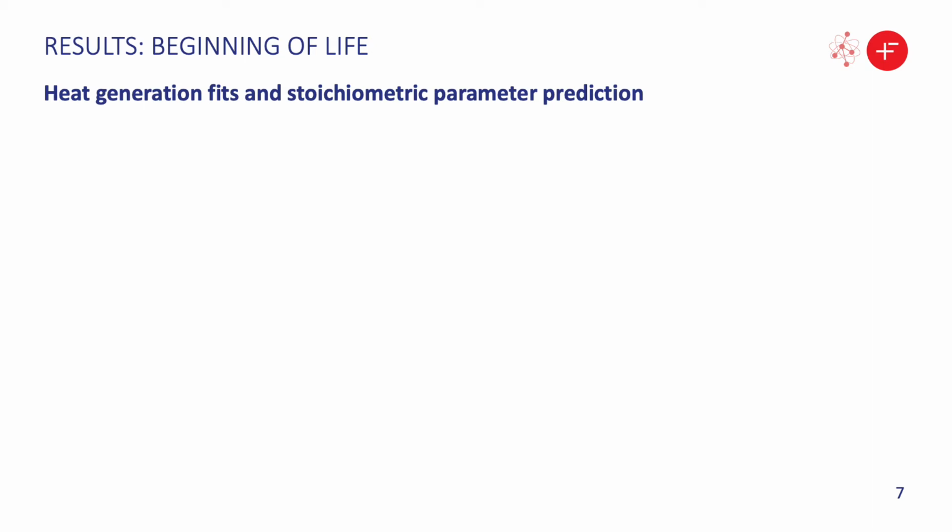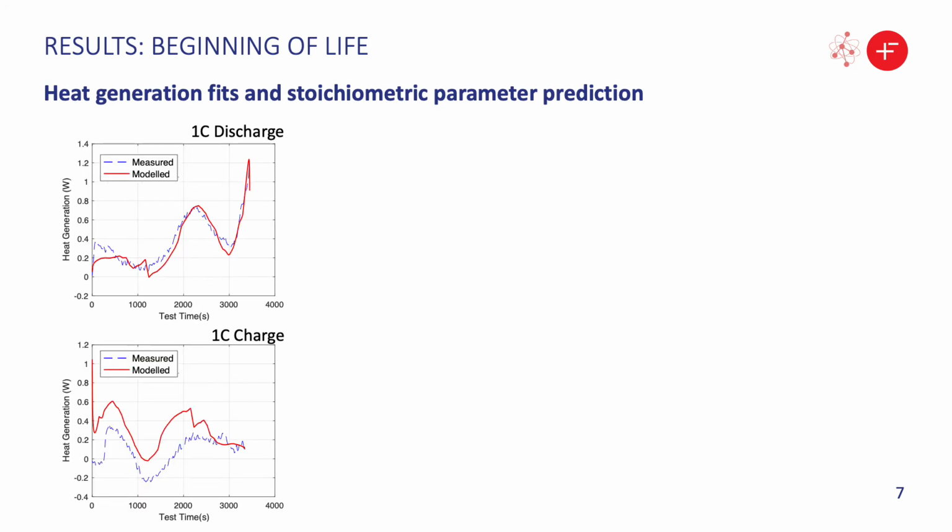Here we evaluate the performance of the technique in estimating electrode capacities and offset amounts when compared to the state-of-the-art OCV method. First, we evaluate by eye how well the modelled heat generation matches the measured. Pictured here are 1C discharge and 1C charge datasets. We see that for the discharge case, we have a very good fit for both shape and magnitude. In the case of charging, the magnitude of the modelled heat generation is higher than the measured, but the shape